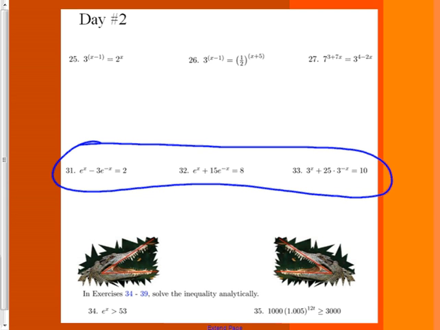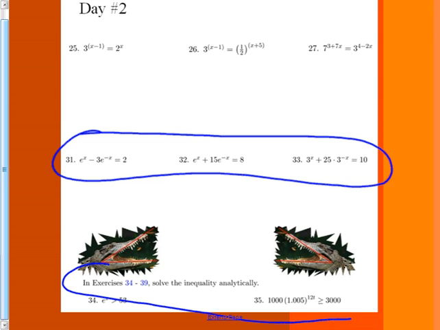Obviously, if you haven't already done those, I'm not grading today because we have to spend the rest of the time doing the lab. But I am going to grade homework tomorrow, so be aware. So those are assigned, and then I also want you to do these 2 at the bottom of the page. This one, number 34,